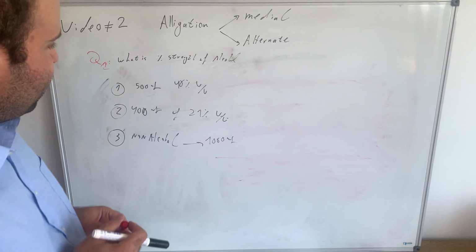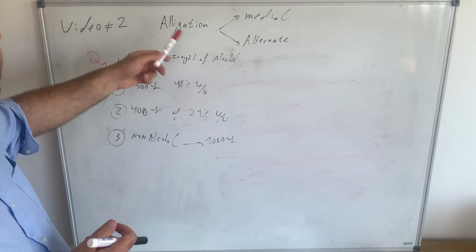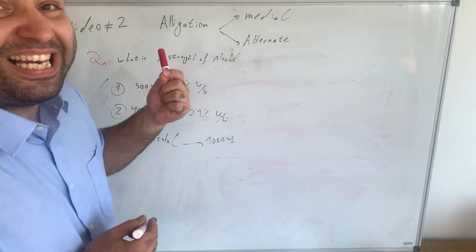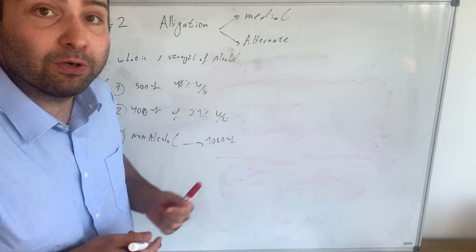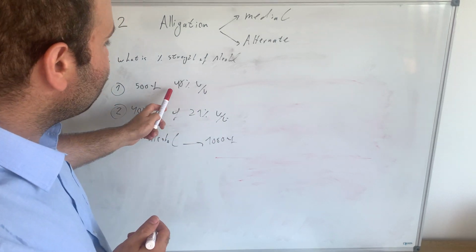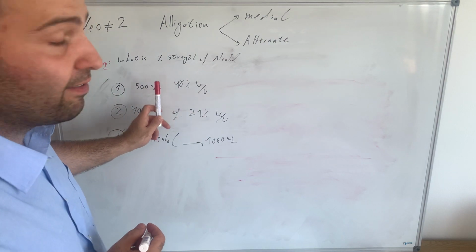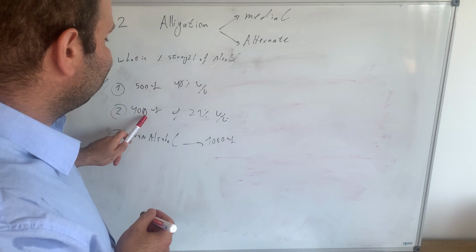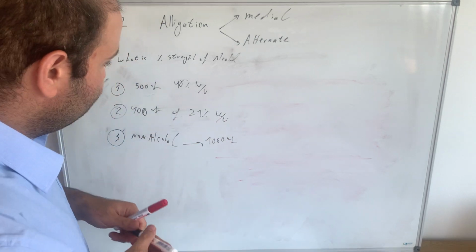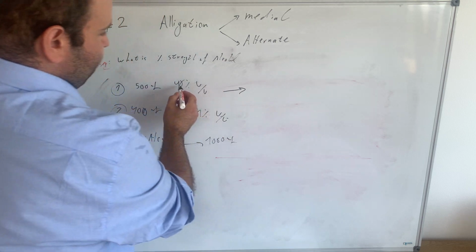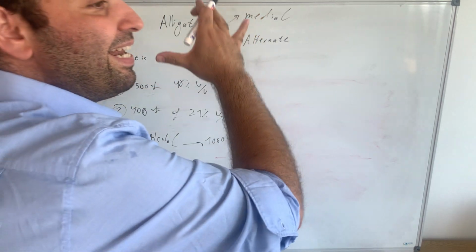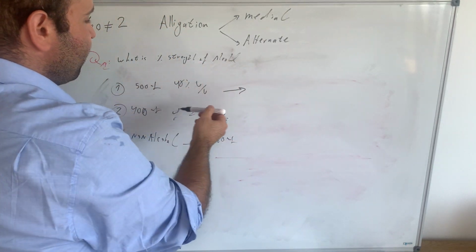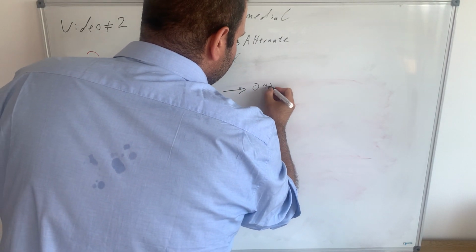So the question is the same as the first question. You have to calculate how many milliliter, see, we are talking about alcohol. How many milliliter of alcohol is present in 500 milliliter of the first solution, and how much alcohol is present in this 400 milliliter of the second solution. Let's say, again, 40% means 40 milliliter alcohol in 100 milliliter. How much is in 500? We do 40,